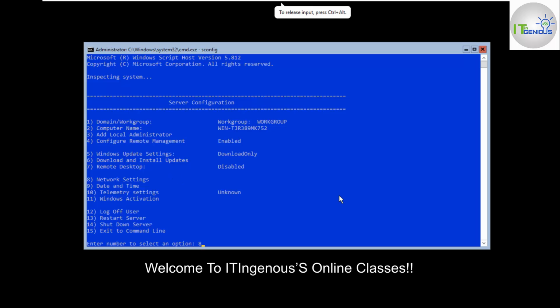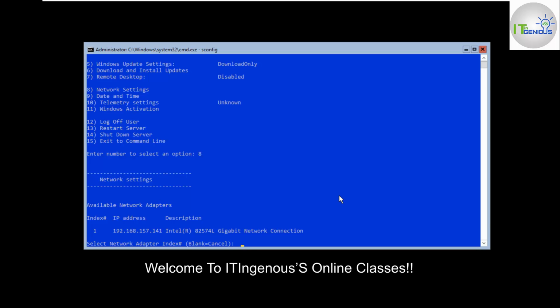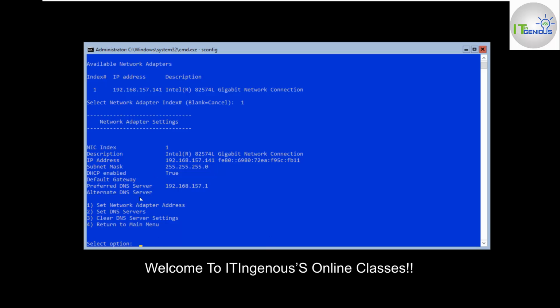I'm going to change my network settings here as per my lab scenario. If there are multiple NIC cards associated with your virtual machine or your server, you will get all the NICs here with indexes, which are unique for all your NIC cards. Right now I have only one NIC card, so the index number is 1. If there are multiple, you need to specify the index number of the NIC which you want to manage through sconfig. So I am going to manage my index number 1,